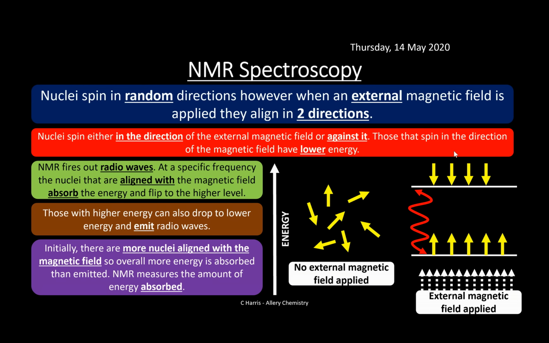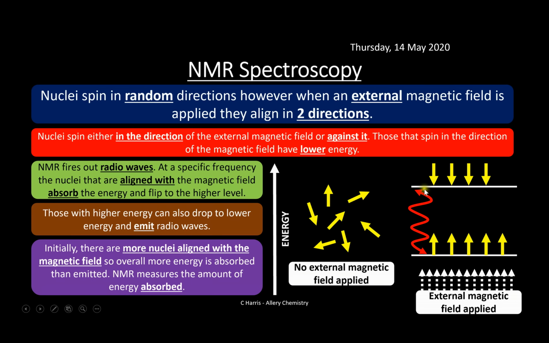So, overall, more energy is absorbed than is emitted, because more nucleons are being migrated up into the higher energy level, and so NMR is measuring the amount of energy that's been absorbed. So it's how much energy was required to move these nucleons up into the top level. Now that gap, the difference between them, remember this is nucleons within one atom, so the difference between